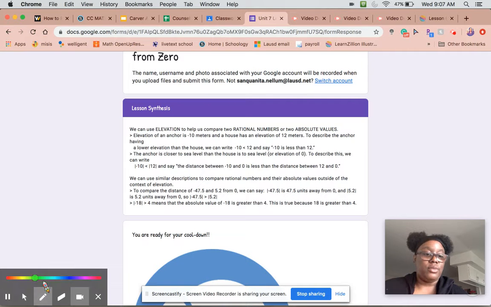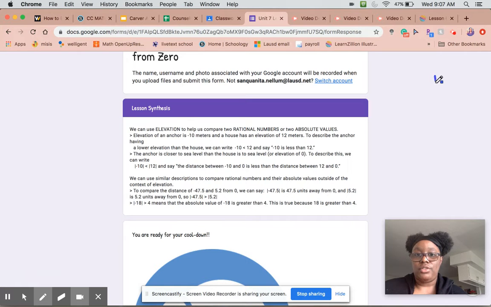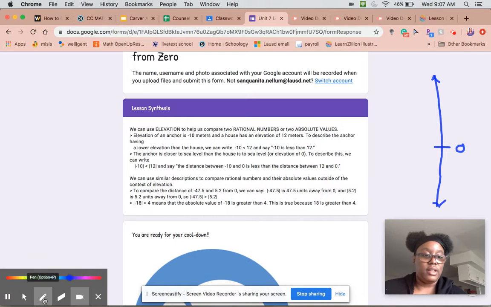Let me draw a visual. Since we're talking about elevation, my number line is gonna go up and down. Forgive me if it's not a straight line. So we have an anchor. Let me do 0. We have an anchor that is